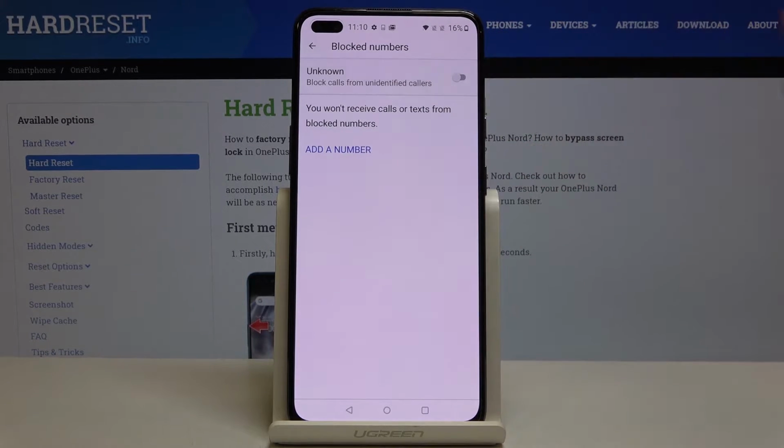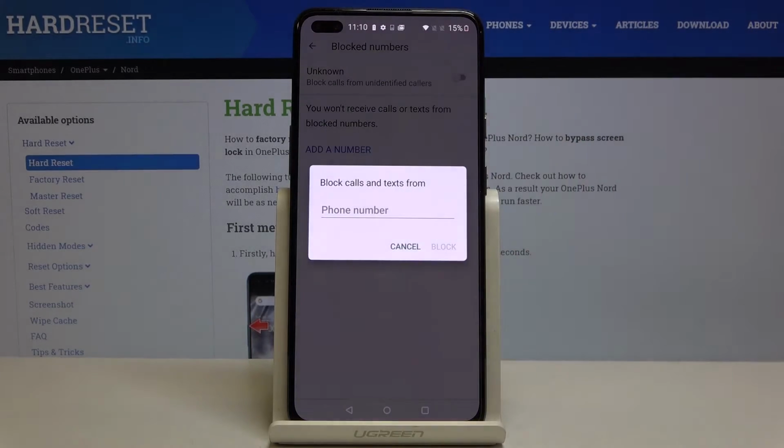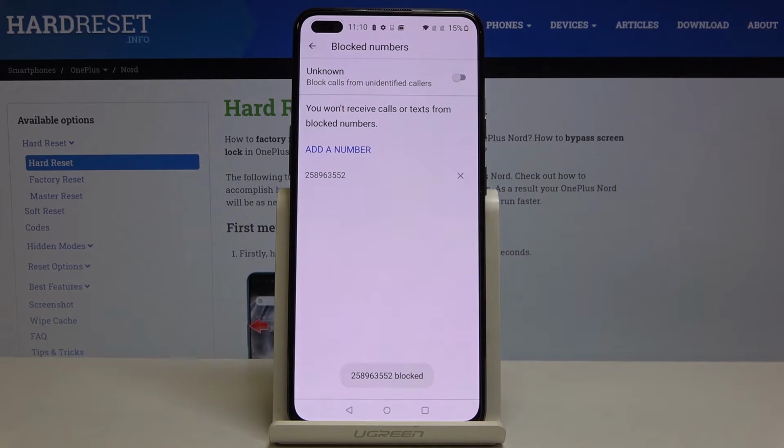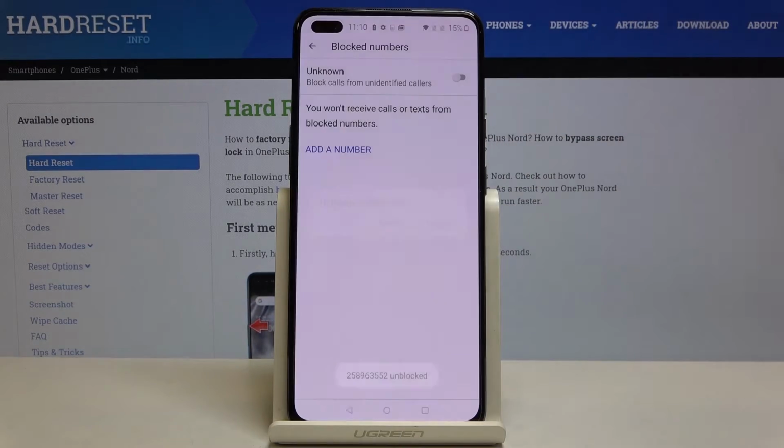tapping on the switcher, or you can manually add some number. So just click on add a number, and here you can enter the number that should be blocked. Tap on block, and as you can see now, it is on your block list. Then, whenever you would like to remove this number from your blacklist, tap on the cross icon, select unblock, and